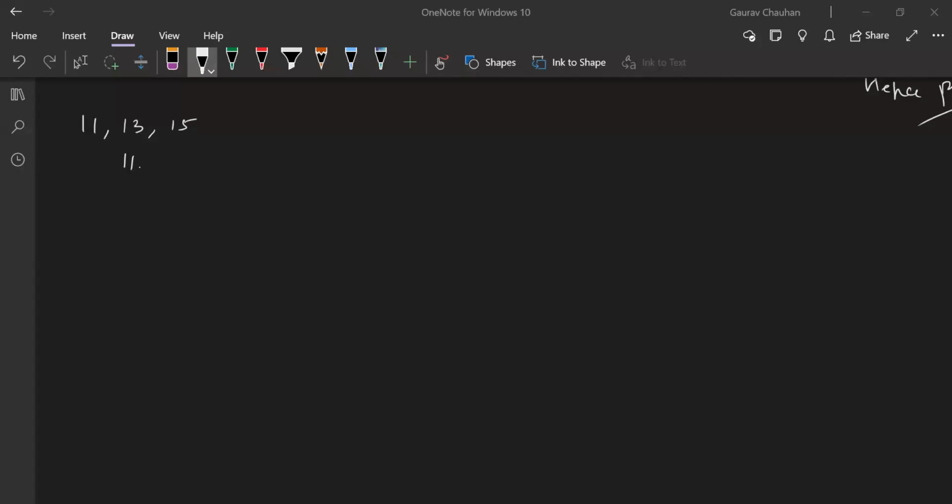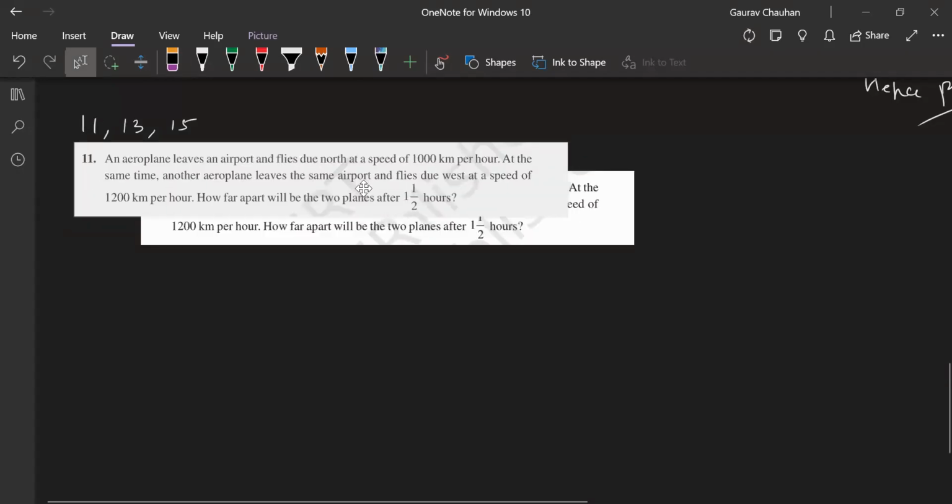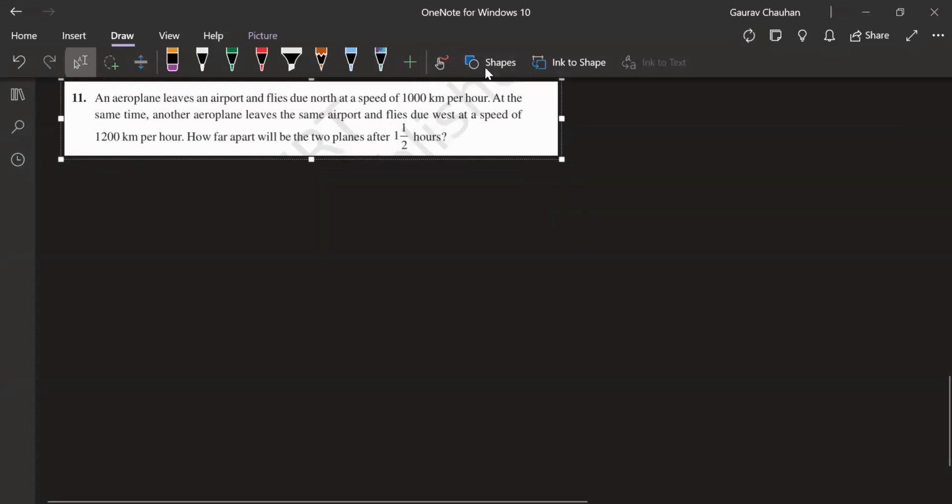Can I hear from anyone? Anyone can go ahead and tell me, or you can just type in the chat box. Maybe everyone can type. How do you feel your understanding of directions, north, south, east, and west, is? I have not taught you this. I taught some students earlier, but pretty good, you're saying? Okay.